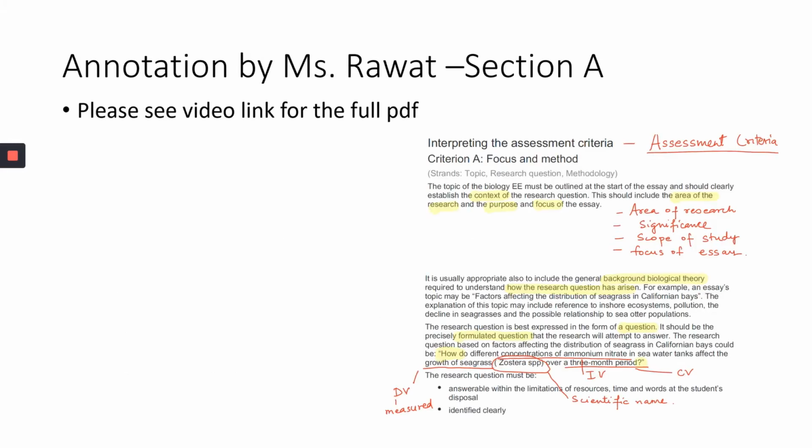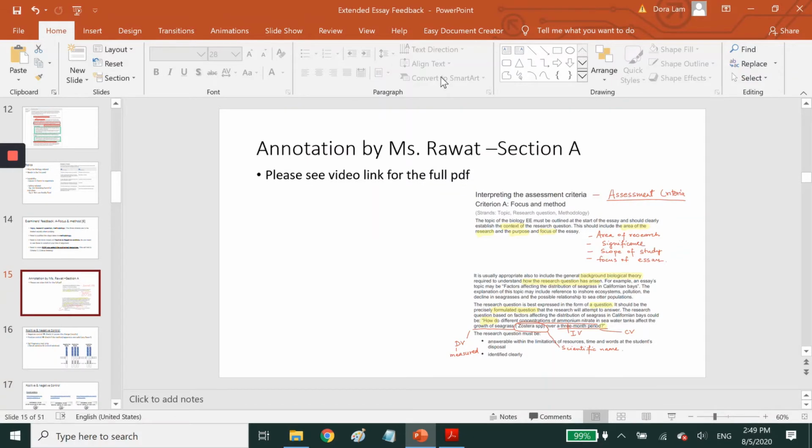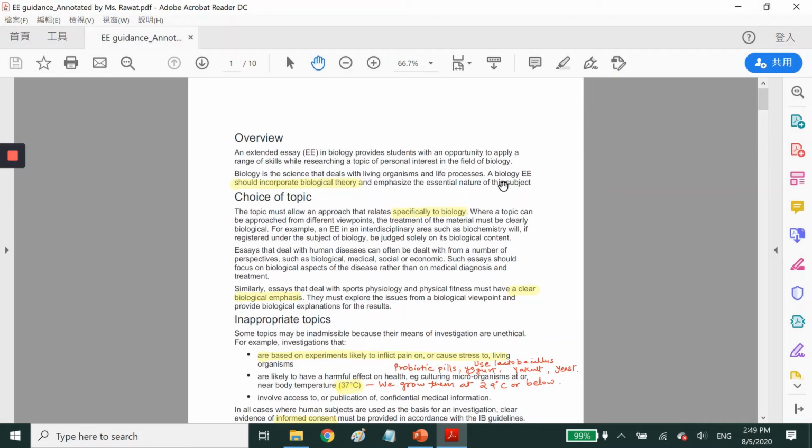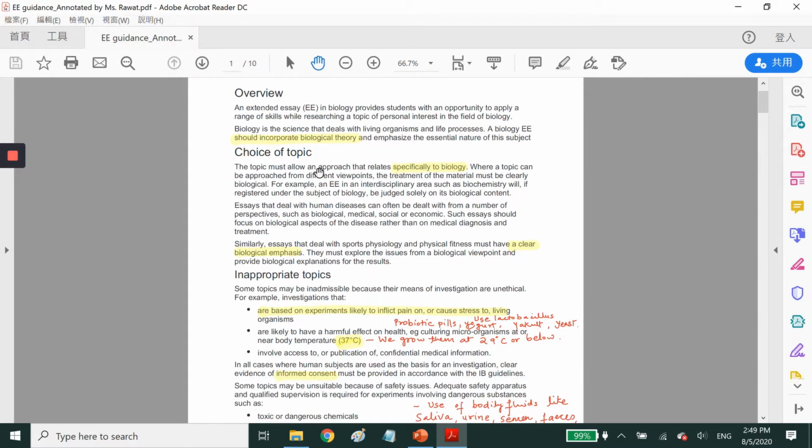Moving on. So this is a PDF. You can find the PDF in the video description link below for the full PDF. This PDF annotation is done by my colleague, Miss Rawat. So let's go through a few things of that. If you download the PDF, you will notice that there is actually some EE